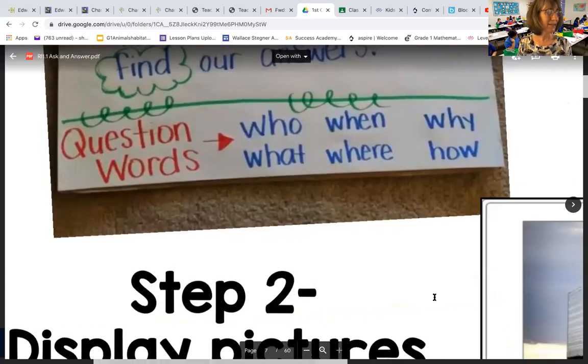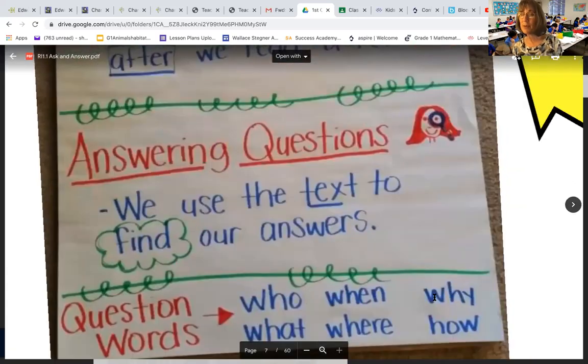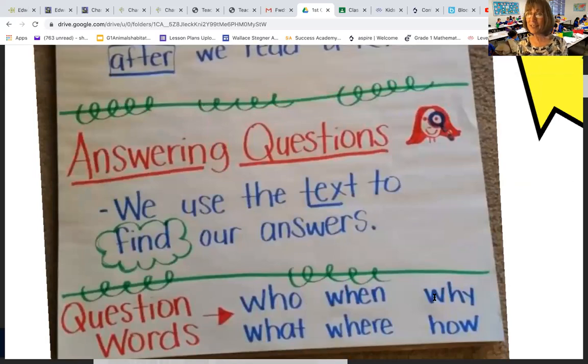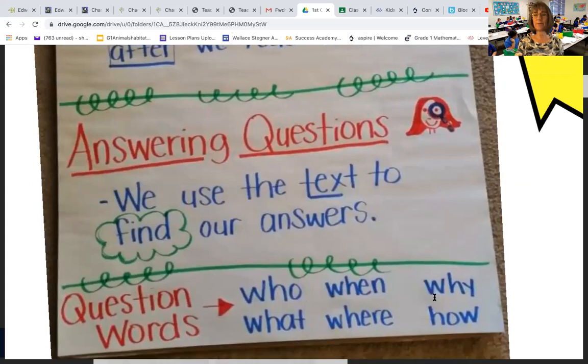So today what we're going to do is I'm going to show you a picture, and then you're going to ask an easy question like the ones we practiced last time. Questions that are just like yes or no, or just my opinion, and then I'm going to have you write a strong question. Let me model the first one for you here.